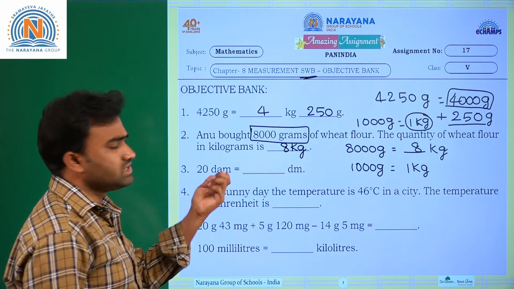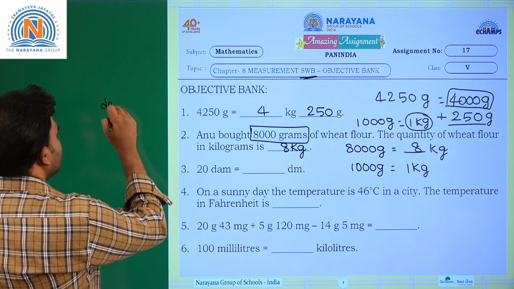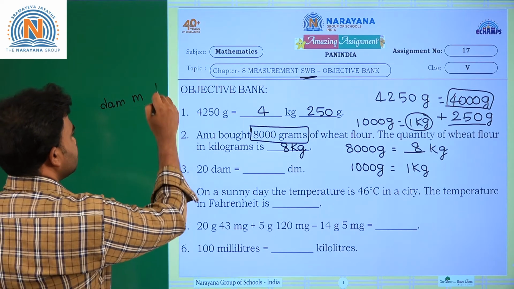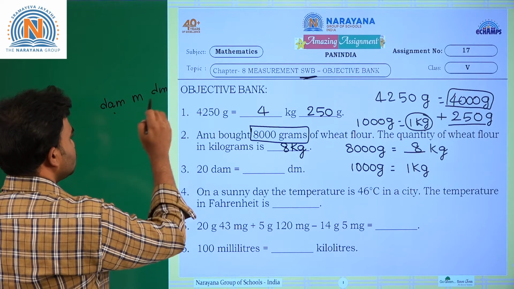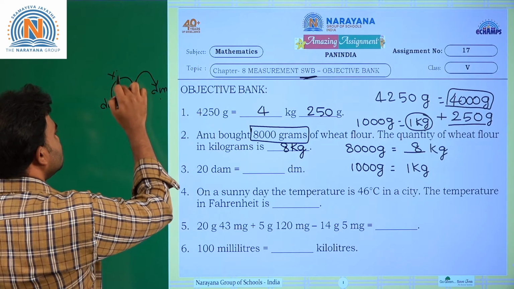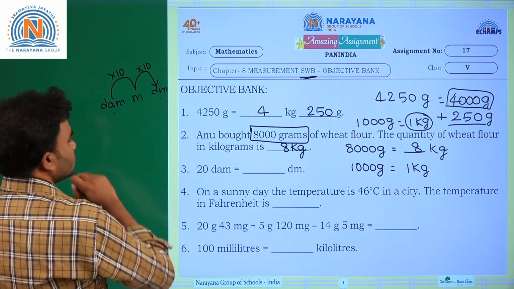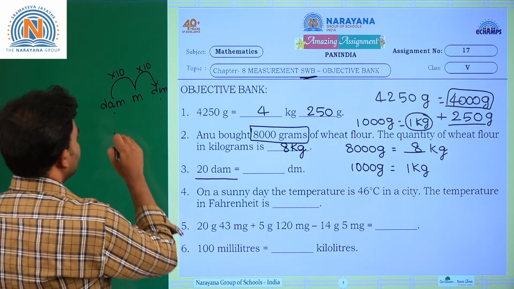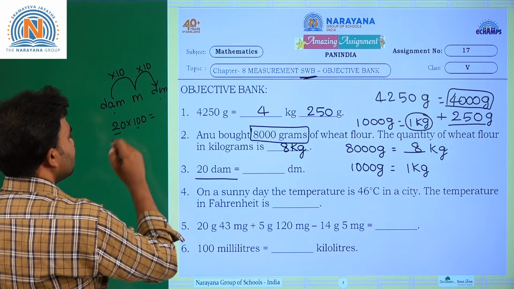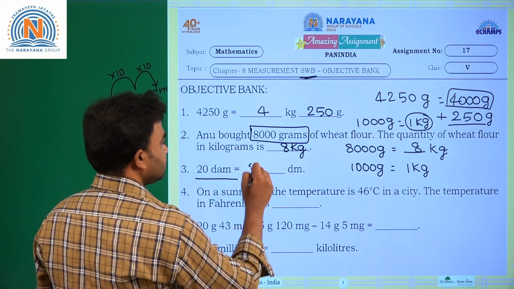20 decameters is equal to dash decimeters. Now decameters. See, as per the table, decameters, after that we have meters, then decimeters. To convert decameters to decimeters, we have to move 2 times, 1, 2. That means into 10, here also into 10, that means 100. So multiply it with 100. 20 into 100 is equal to 2000. So the answer is 2000